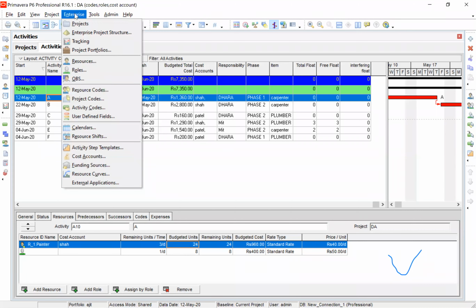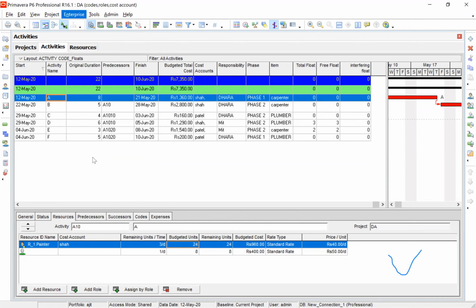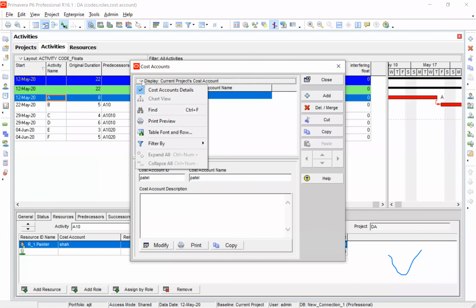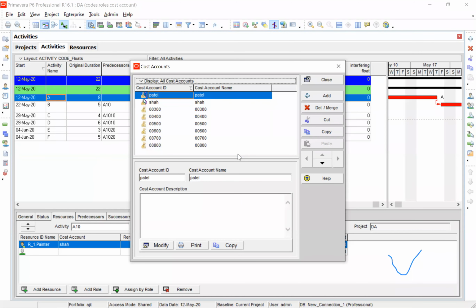Go to enterprise, cost accountant, you get this window, right? Now, in your window, when you try this, you will see all the cost accountants like this. There are the codes.